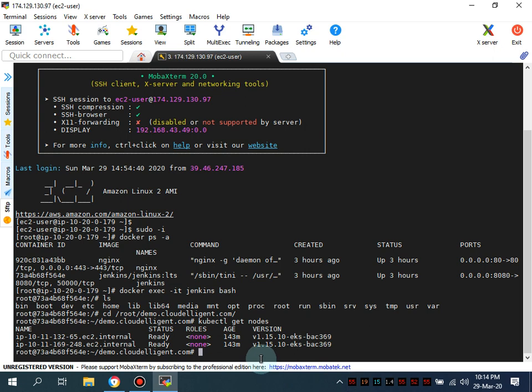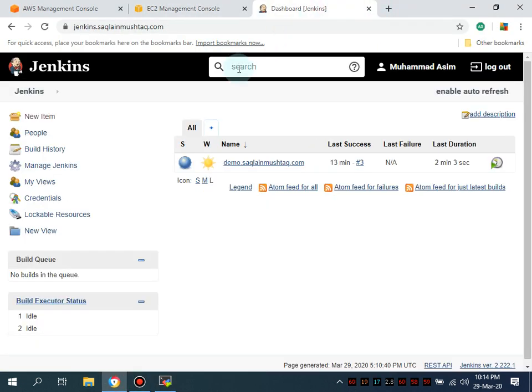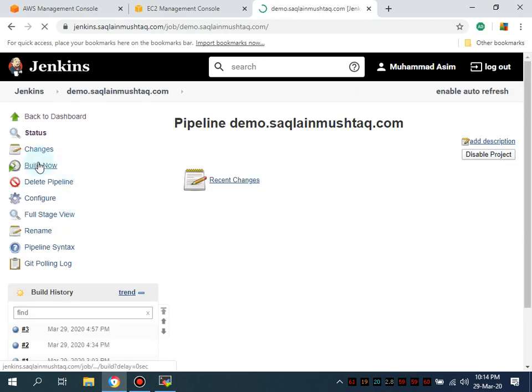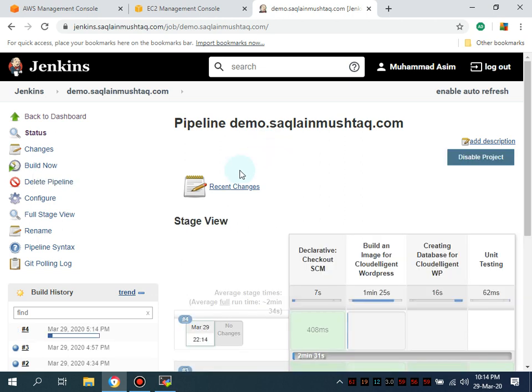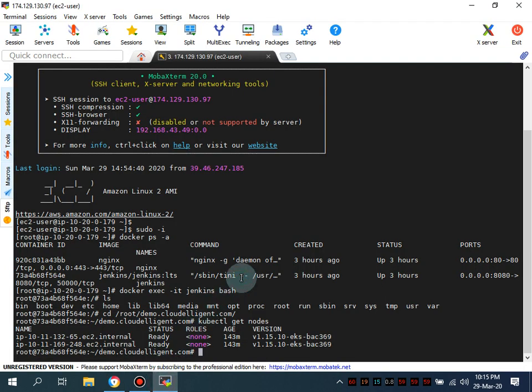I'm going to run the pipeline. So, let me run the pipeline. In the previous video, I showed you guys that we are able to access our WordPress deployment from inside the virtual machine, or you can say via the kubectl port forward. So now, as I told you in my previous video how to set up the ingress, the ingress is set up, and the ingress is